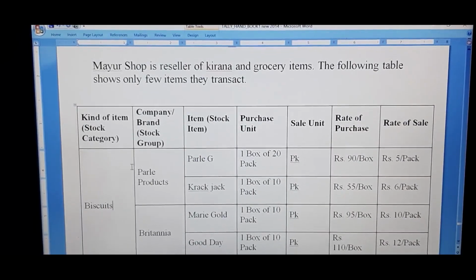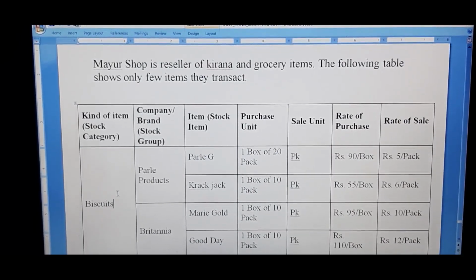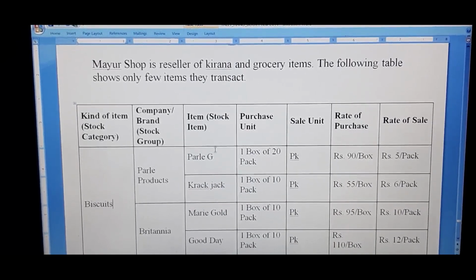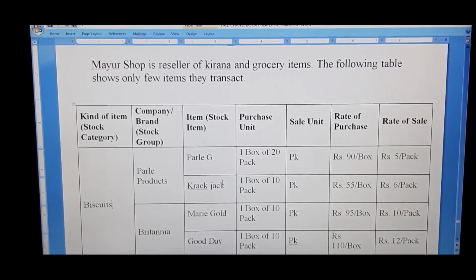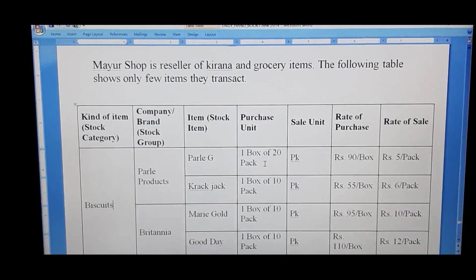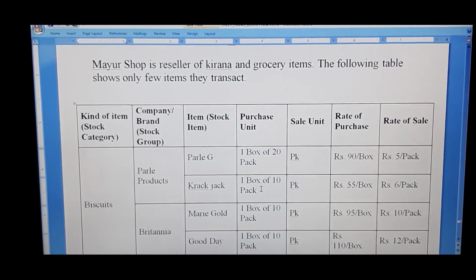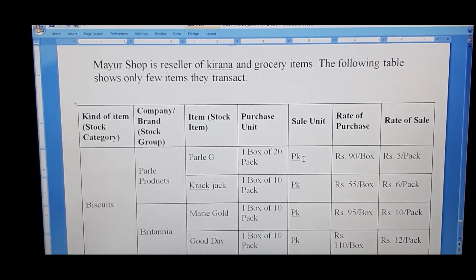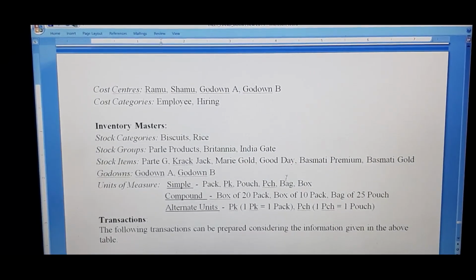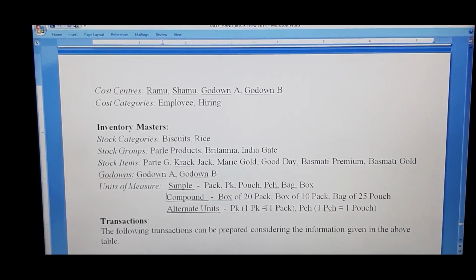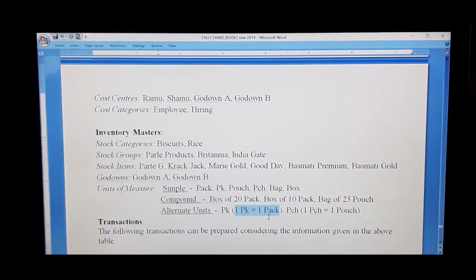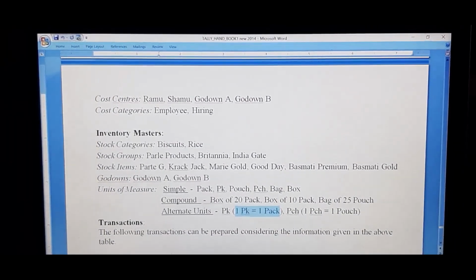We have to create stock category biscuits, stock group Parle products, stock items Parle-G and Crackjack, compound units of measure 1 box of 20 pack, 1 box of 10 pack, alternate units of measure PK. 1 PK is equal to 1 pack.